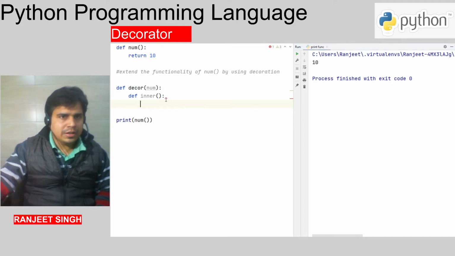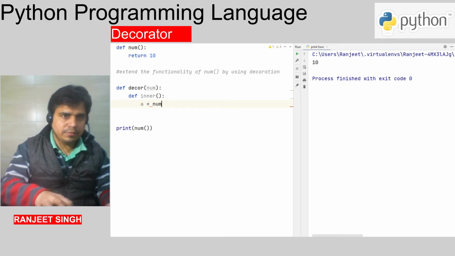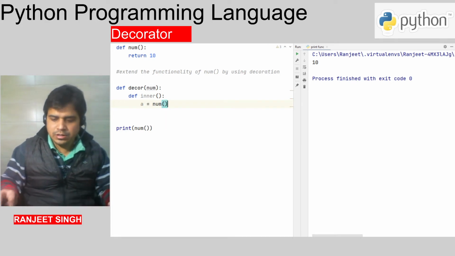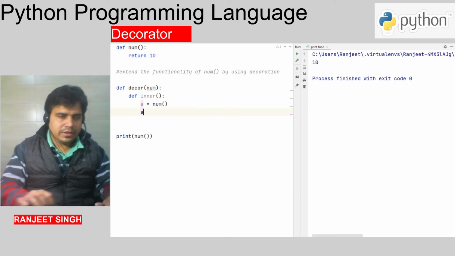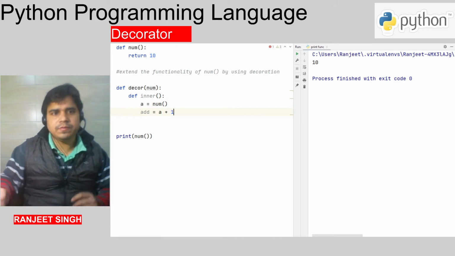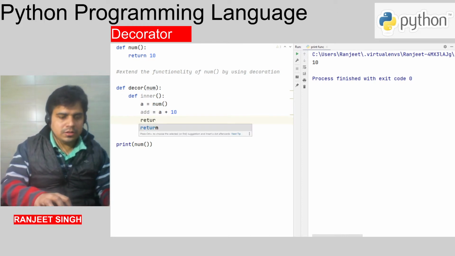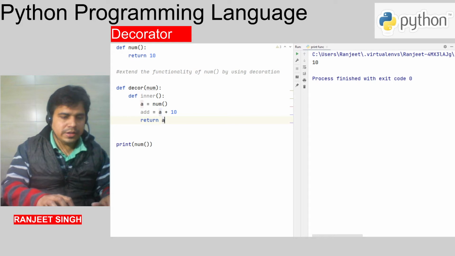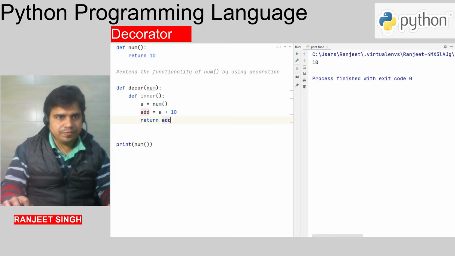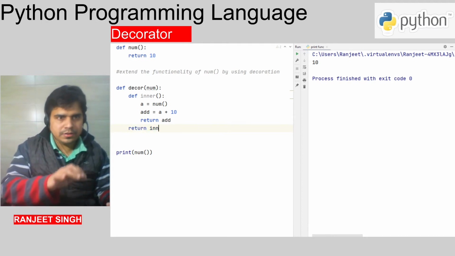So now let us see. Suppose num, then add, add a plus, we want 20. So now return add, and one more, return inner.